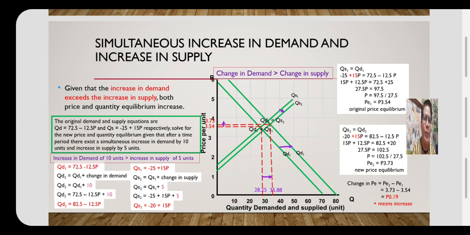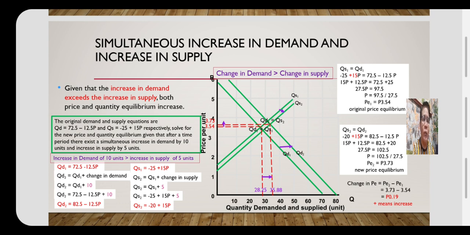At the point of intersection between the new demand curve and the new supply curve is a corresponding price equilibrium of 3.73 and quantity equilibrium of 35.88. But so far we have not explored yet on how quantity equilibrium original and quantity equilibrium new